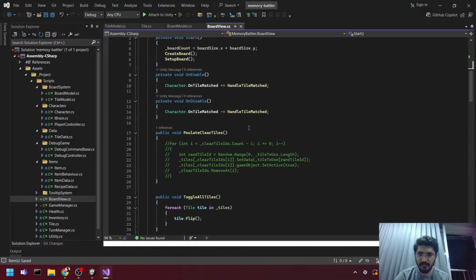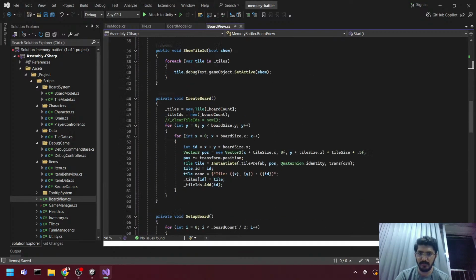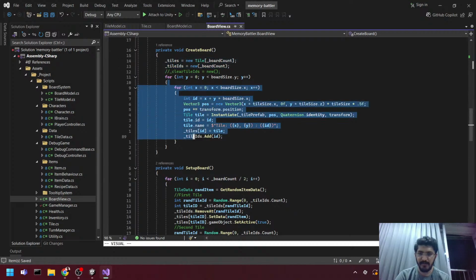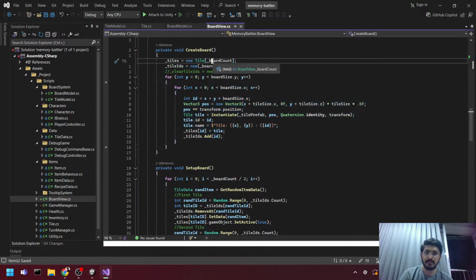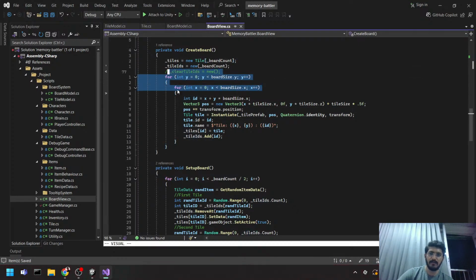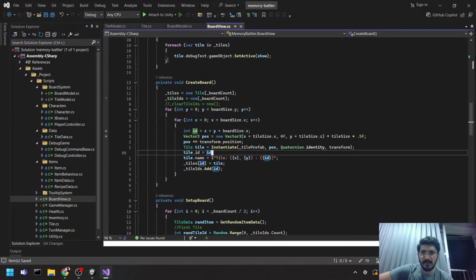Okay, so this is where our logic comes in. So this is where we used to do this. So we were initializing tiles, new tile,